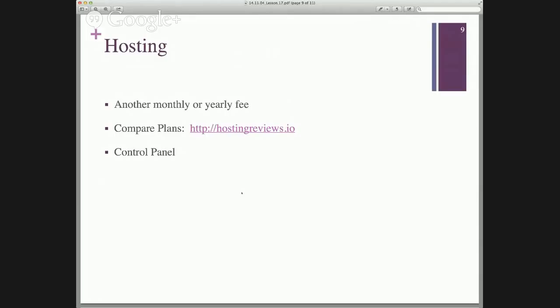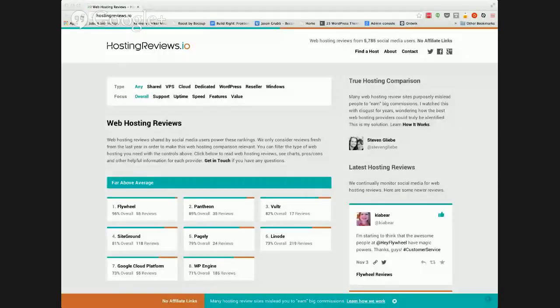And you can select just about any website host out there. There are some popular ones, and I'll link you to this hostingreviews.io. That's a site where you can look at different Twitter reviews of just how happy people are with their web